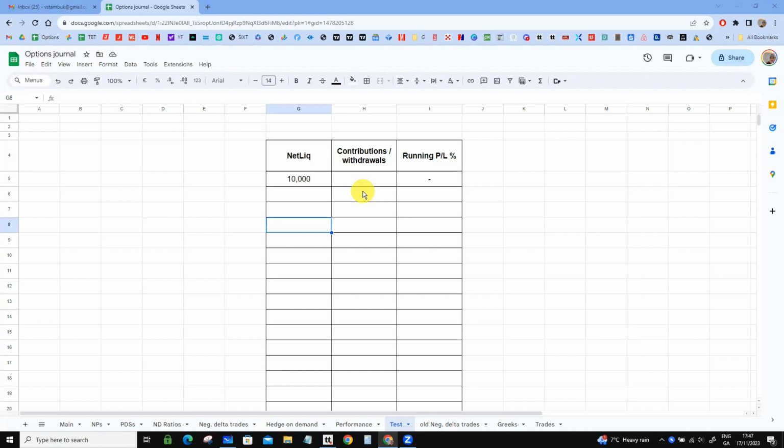And the way they do it, generally speaking, is that at any point in time they will deduct all of the contributions. And let's just concentrate on contributions because that's usually what people do. They add money to their account, and unfortunately adding money to the account and running these formulas will artificially inflate your returns, and you will think that you're doing better than you actually are. So the same works in reverse with withdrawals, but let's just work on contribution